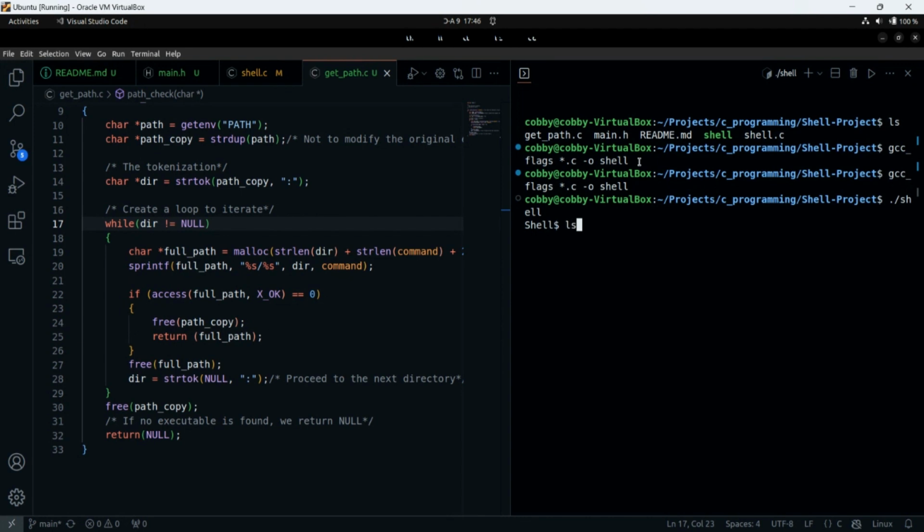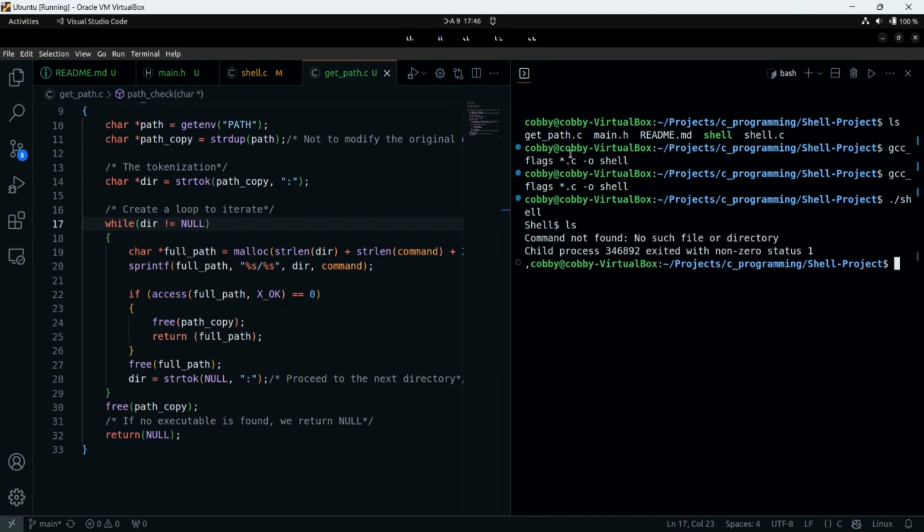Let's say the user enters ls. And it says "command not found, no such file or directory." That is what our program is trying to tell us. So when the user enters a command, let's use /bin/ls.